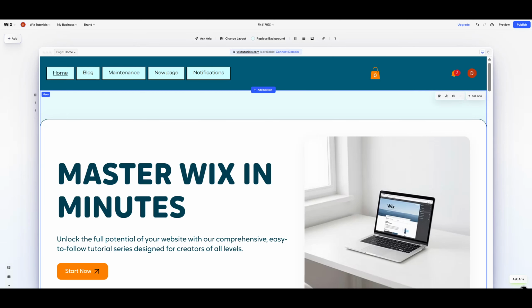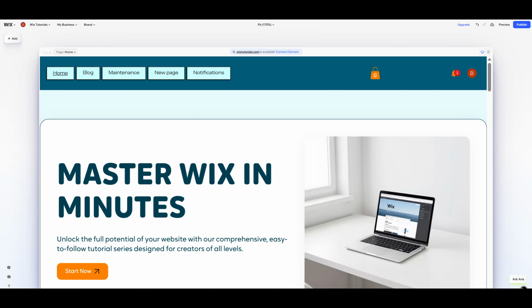In today's video, I'm going to teach you how to create menu tabs with drop-down pages on your Wix website. To get started, open your Wix website and go into the Edit Site area so you can make changes to your page layout and navigation. This is where you'll be able to add and organize the menu that visitors will use to move around your site. If you're building a clean, professional website, drop-down menus are a great way to keep everything organized without overcrowding